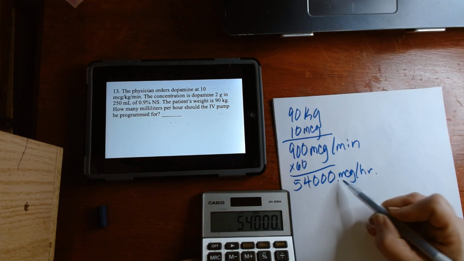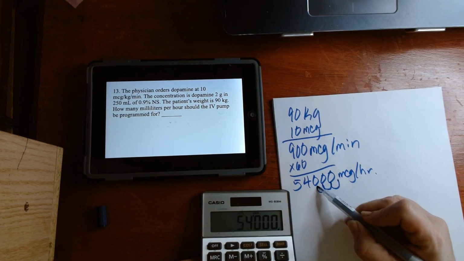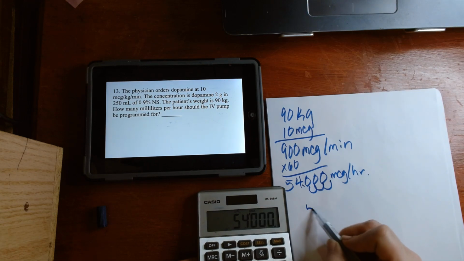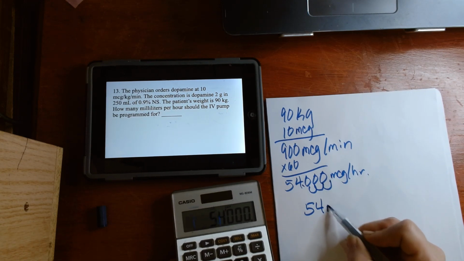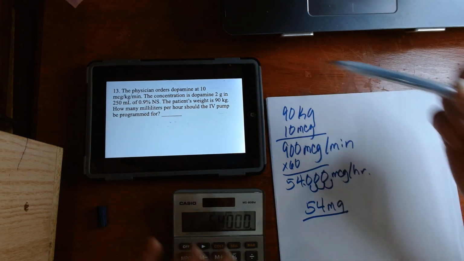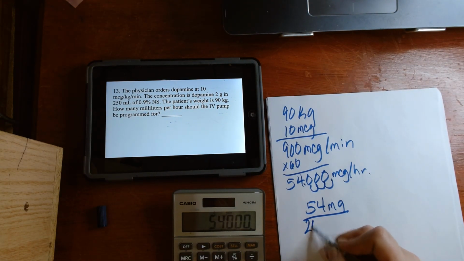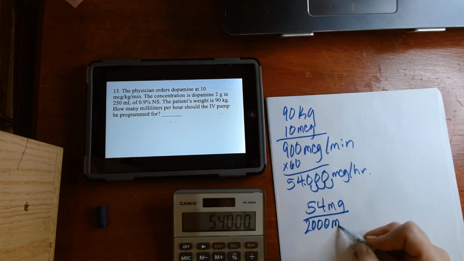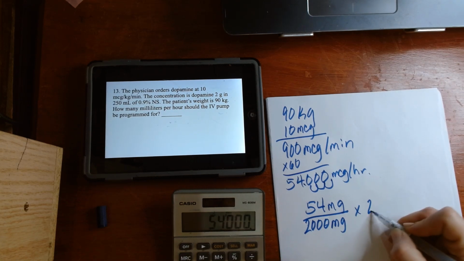And you know this has got to be changed. 1, 2, 3. So it'll be 54 milligrams. And what do I have in my hand? I got 2 grams. I'm not going to do it because now you know 2 grams is 2,000 milligrams and